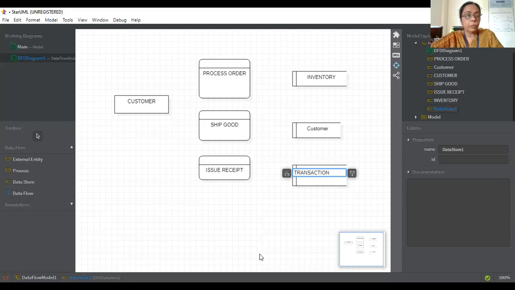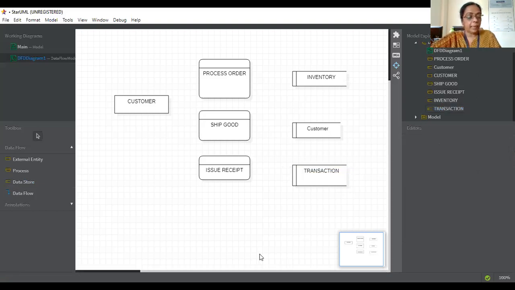Okay. Now, after that, I will connect them with the data flow. First, I will select data flow, and I will start this line like this.